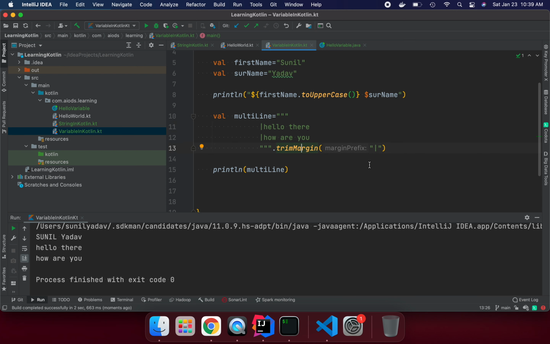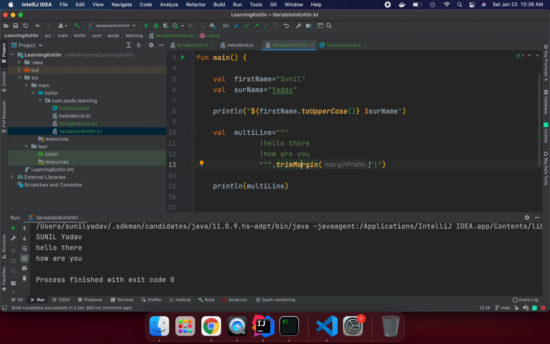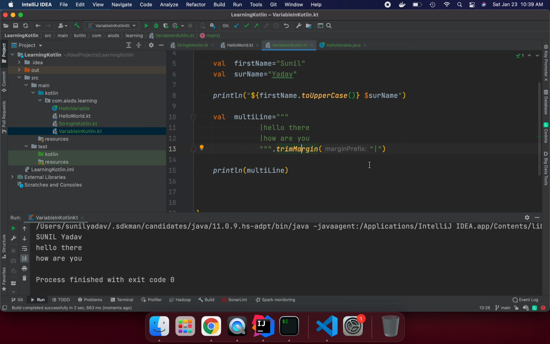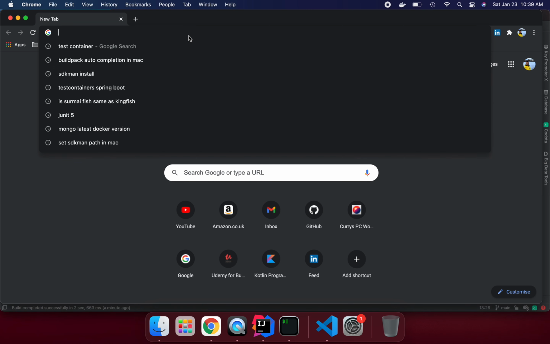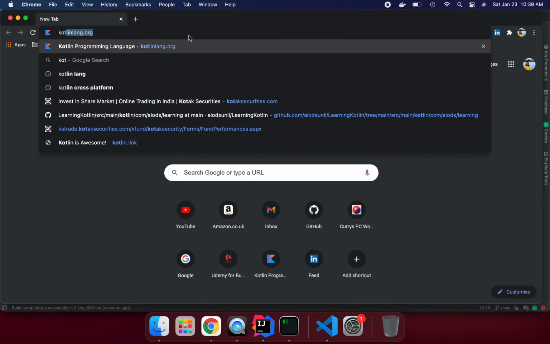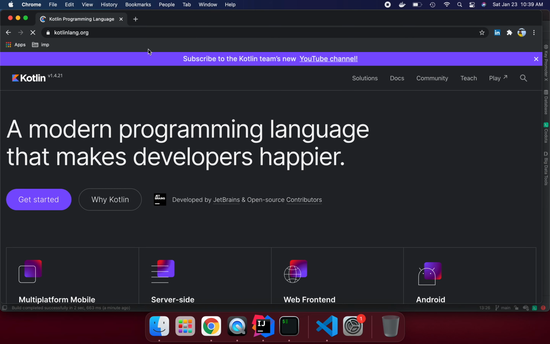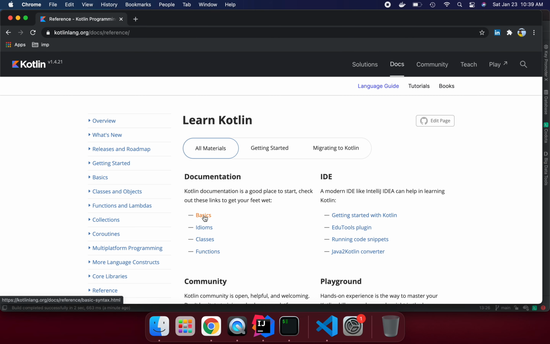So in this example I tried to explain what a variable is, how you can define a variable, and what the string variable type is. Next I will cover in more detail the other data types. If we go to the Kotlin language site, let's go to docs and go to basics.